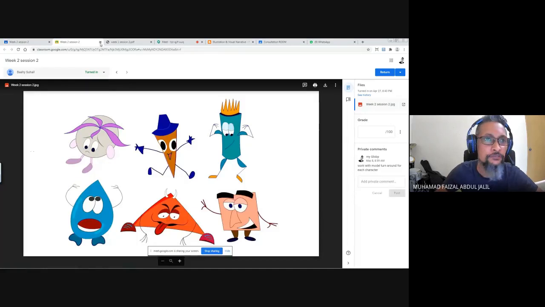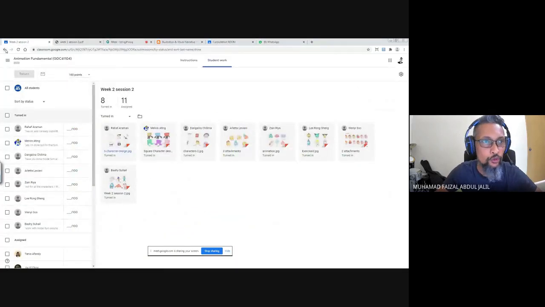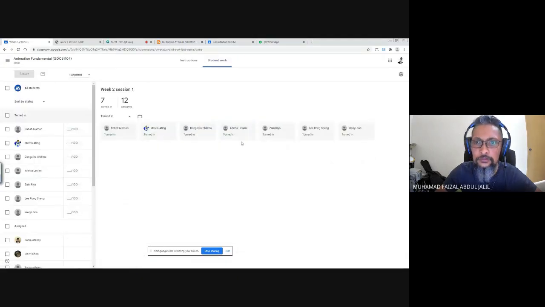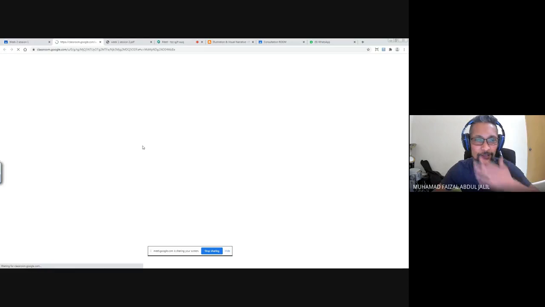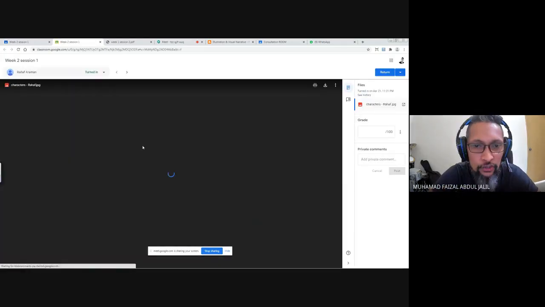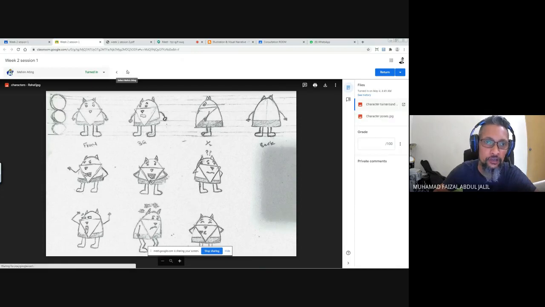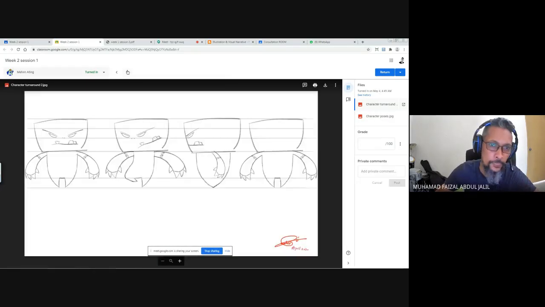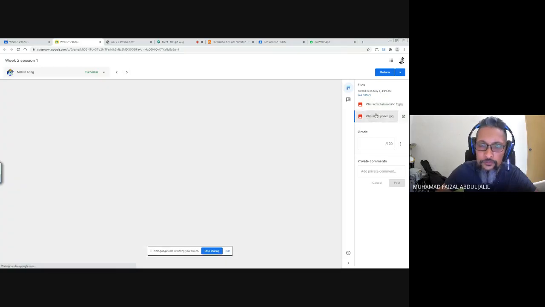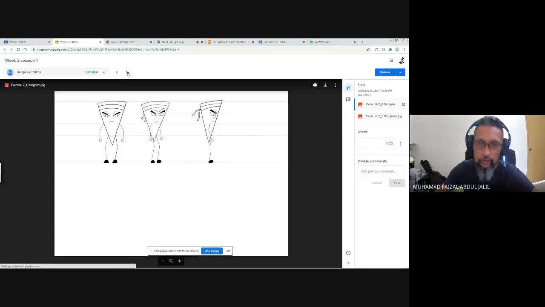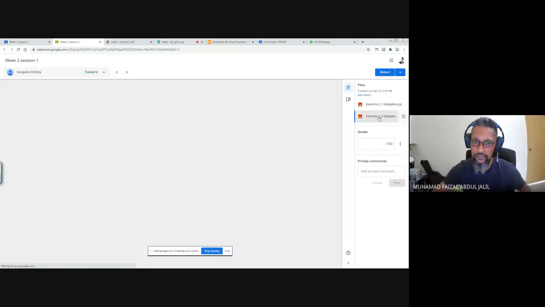But the rule is, before you design these characters, you need to sketch them out first. I want you guys to sketch out your character's design before you design it again using those tablets or Adobe Animate. Sketch out your ideas first, using your sketchbooks or A4 papers, before you draw or trace again.